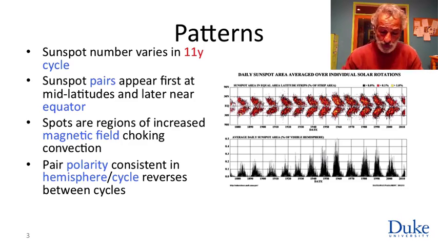And when you look more closely at where along the sun they're generated, that's what the butterfly graph above shows us. The vertical axis is latitude along the sun, and we see that early in a cycle, sunspots are created at mid-latitudes, and then as the cycle proceeds, they're formed closer and closer to the equator, and then there's a whole bunch of them at the equator, and then they all disappear, and then there's a break, and then some more sunspots form at mid-latitudes, and slowly they move towards the equator,